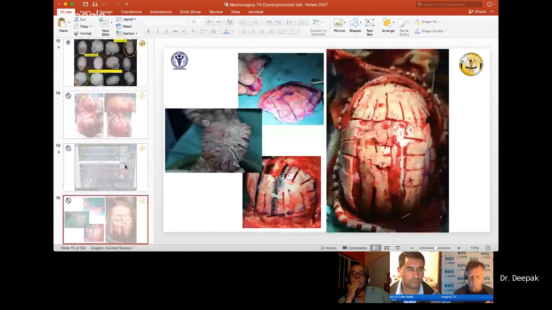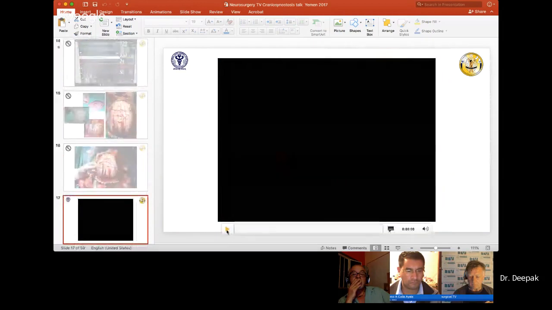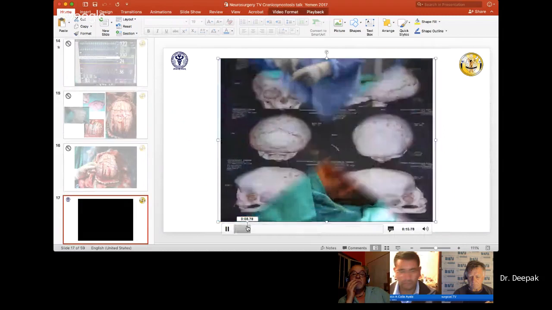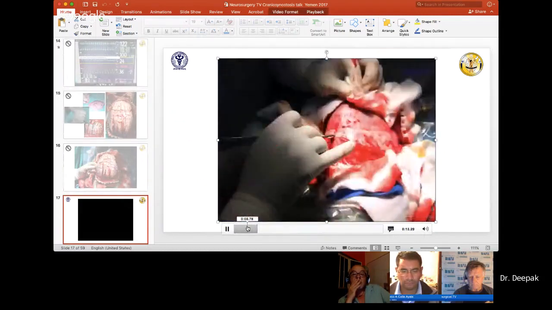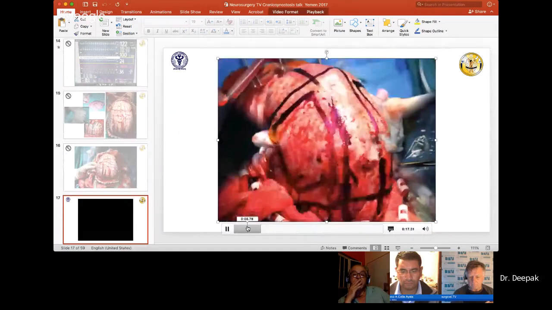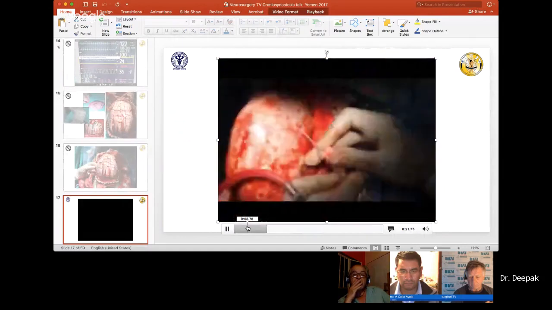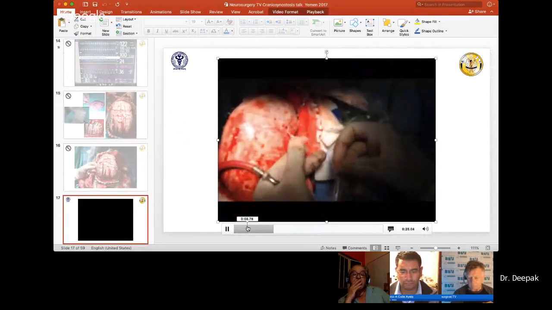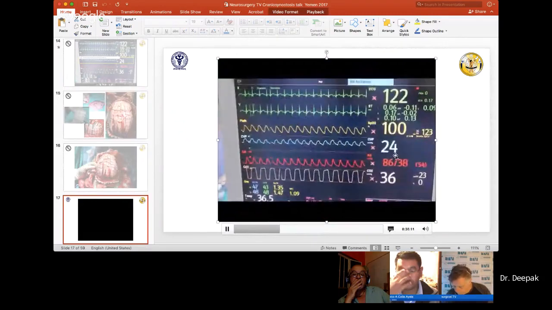So these are the bone cuts, and we have to do a lot of play around with the bones to give them the correct shape at the end of the surgery. I'll just quickly show you a video of these children. This is how the child looked before; the SPECT was suggestive of hypoperfusion. And this is the pericranium flap being raised and the bony cuts being marked in this patient. And then I do intracranial pressure monitoring in my patients to see what the pressure is before opening the skull. And you can see the pressure was on the higher side, 24 in this child.